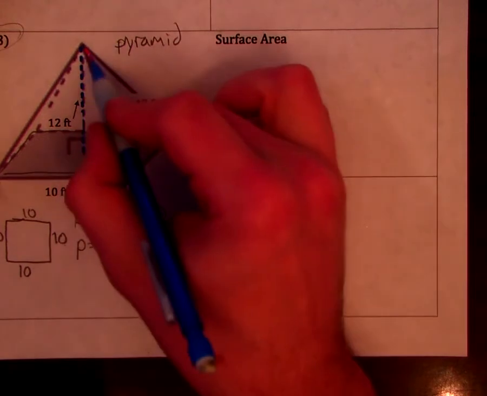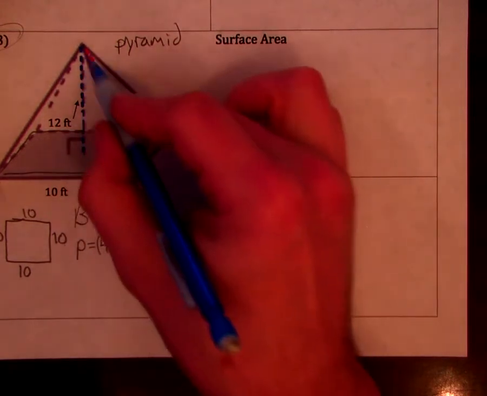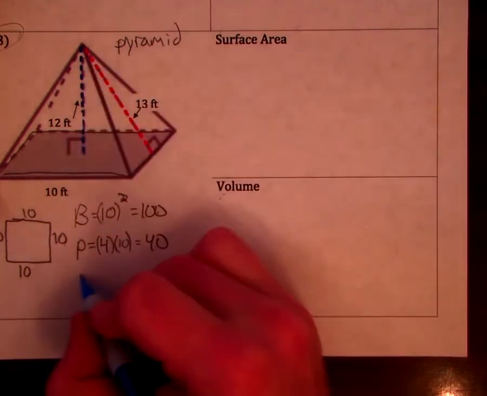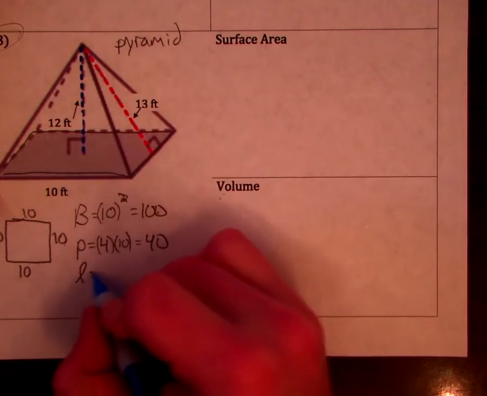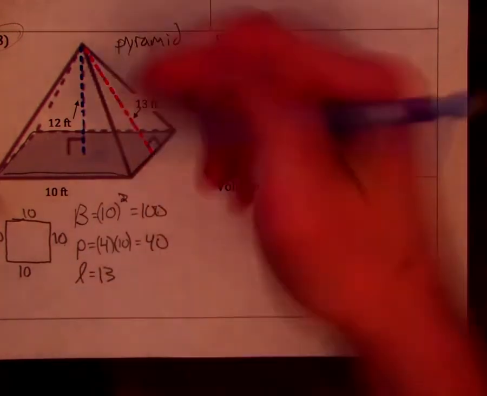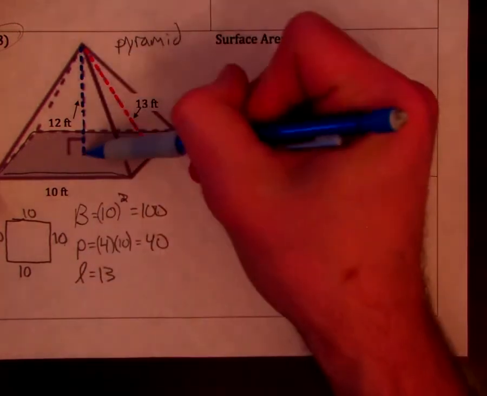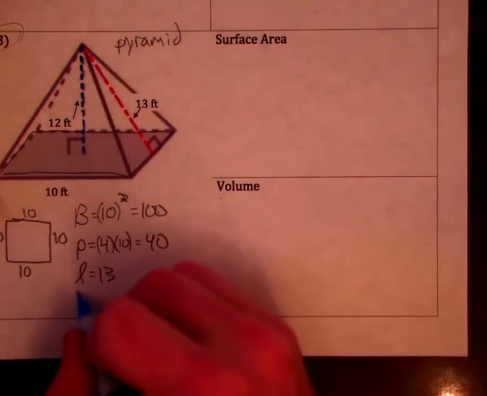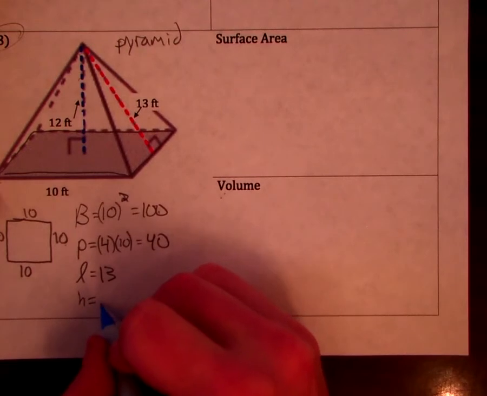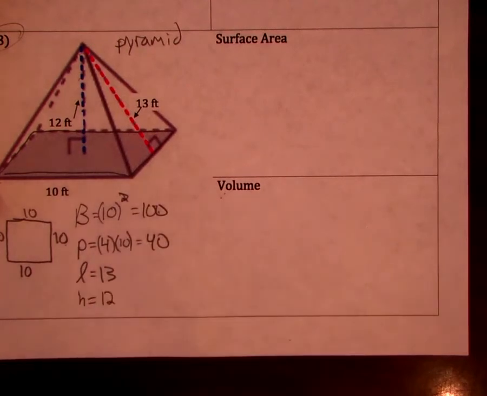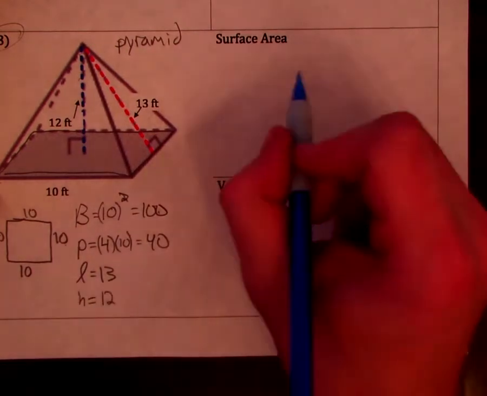We also notice that the dashed line in red is our slant height, which is L, and the dashed line in blue is our vertical height, which is H, so that's going to be 12. Again, to use these